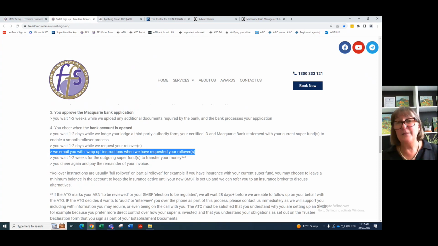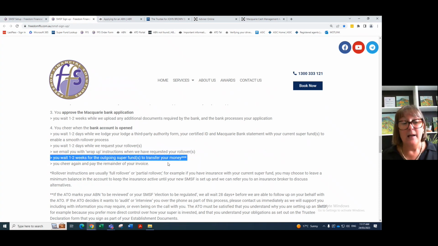So by all means, verify your ID. Other than that, please leave it to us. We watch every day. We see what's happening. After 7 days, we will call your outgoing super fund and say, what's going on? We can see these messages in the back end. We know how to sidestep all their games and work very hard and long on the phone